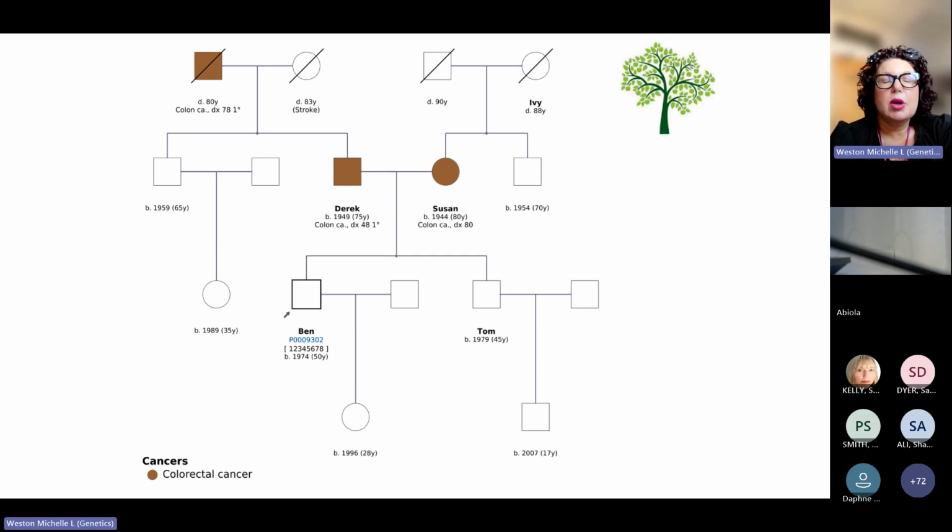Once again, with him, we would explain that the risk doesn't accumulate. On his maternal side, he would be at near population risk of bowel cancer. On his paternal side, having a first and second degree relative diagnosed with bowel cancer, he would be at moderate